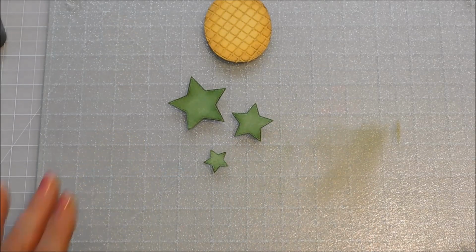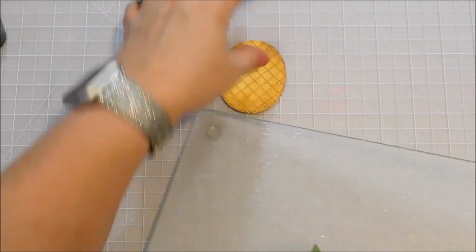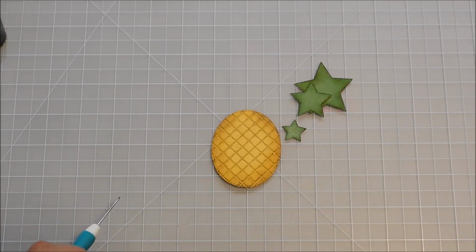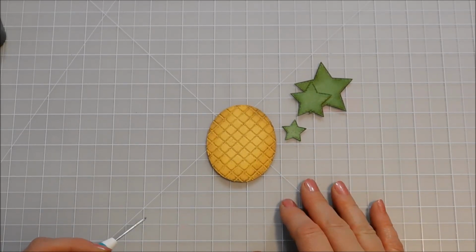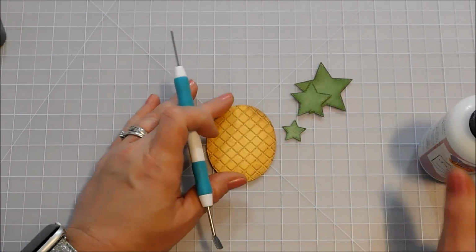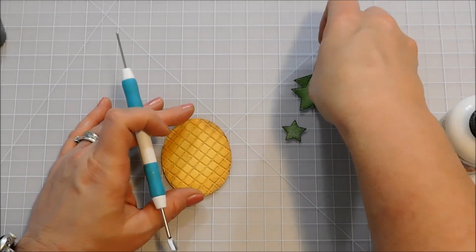So I'm happy with those, and I'm ready to start assembling my pineapple. And I think this is really cute. I wanted to really start doing some fruits and veggies and sort of food related punch art items because I want to do like a scrapbook style recipe book, and I think this is going to be really cute in that. So I'm just using my art glitter glue to put this together,